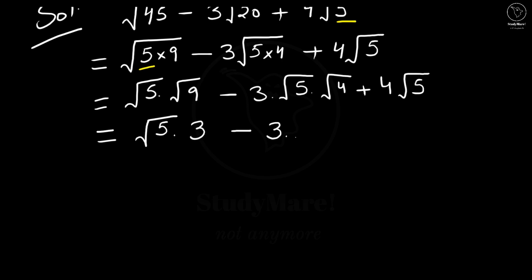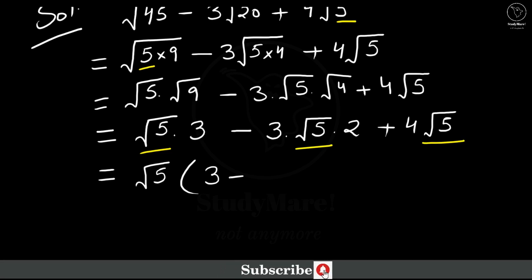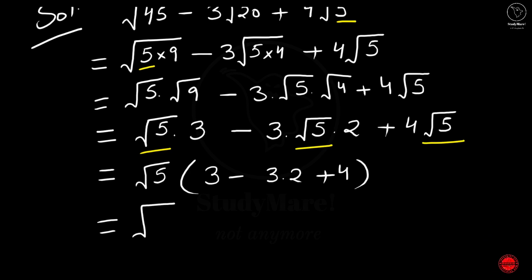minus 3 into root of 5 remains as it is, and root of 4 we get as 2 plus 4 into root of 5, which is equal to, if you see we have root 5 over here, we have root 5 over here as well as here. So we can take root 5 as common. So we get 3 minus, here we have 3 into 2 plus 4, which is equal to root of 5